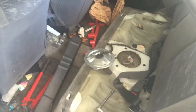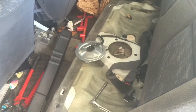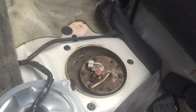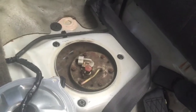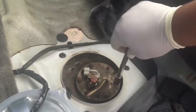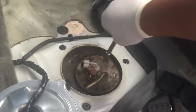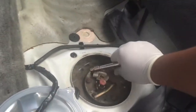Okay, this will be the removal of the factory hanger for the fuel pump. I already loosened every one of the nuts, and I've also removed all the connectors. I'm just going to remove them one by one. Pull out the factory pump, and